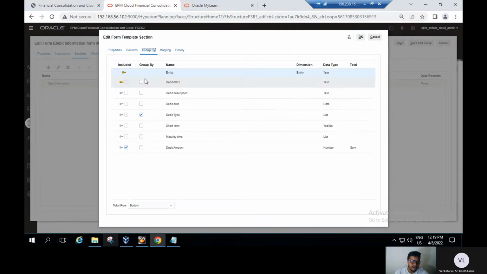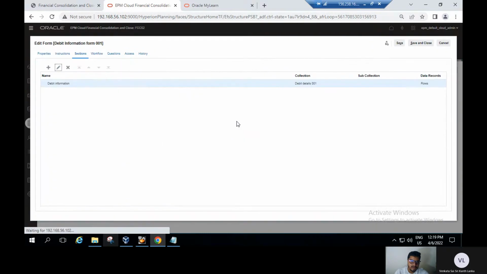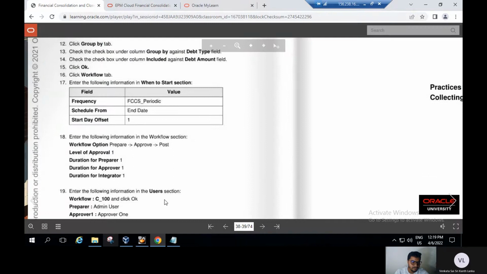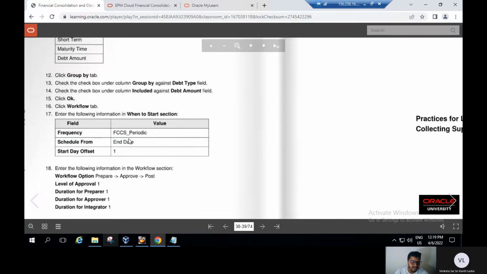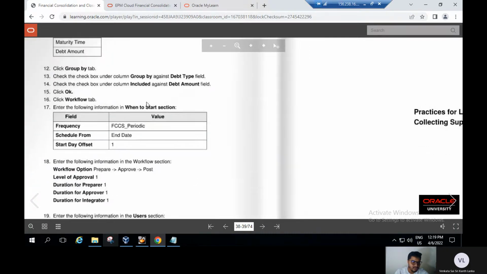So in the supplemental data form you can see these two details at the form. So this we will click on OK. After this we will click on OK. Now after giving the group by options, we will go to the workflow tab and we will enter the following information